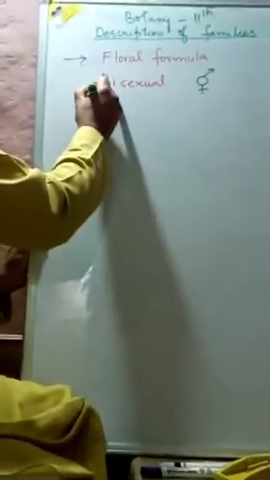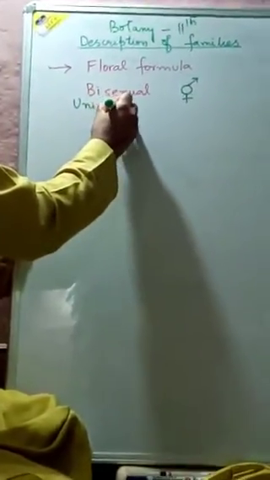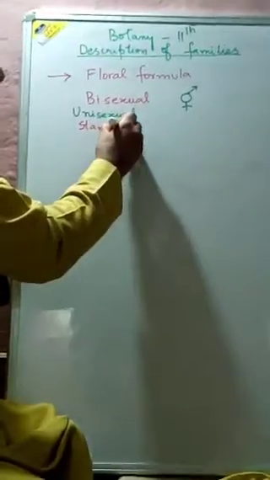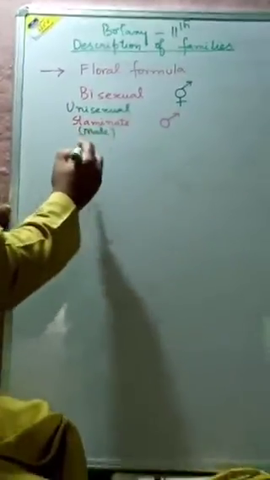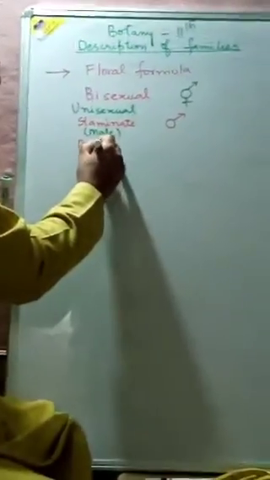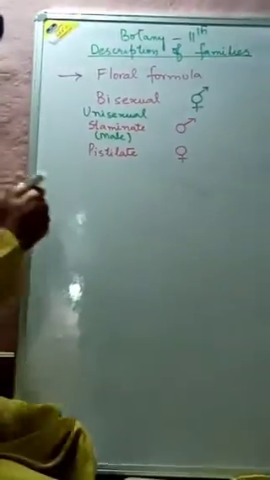Now, in case of unisexual, that means when only one sex is present, either it may be male reproductive organ or it may be female reproductive organ. When it is a male reproductive organ, then it is called as staminate. Staminate को हम symbolize इस तरह कर लेते हैं. And when it has got this, it is the male reproductive organ, male. And now we have got one more, that is the female, that is called as the pistillate. इसको हम symbolize इस तरह कर लेते हैं, that is the female.